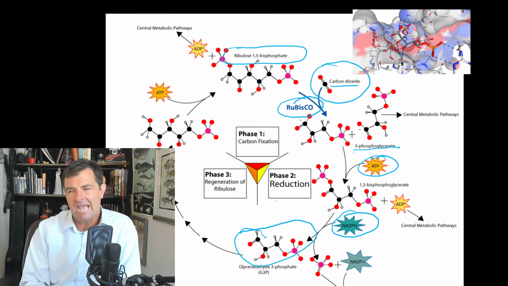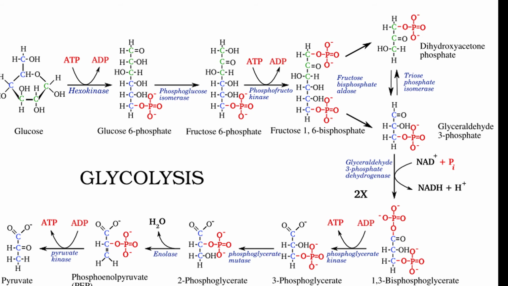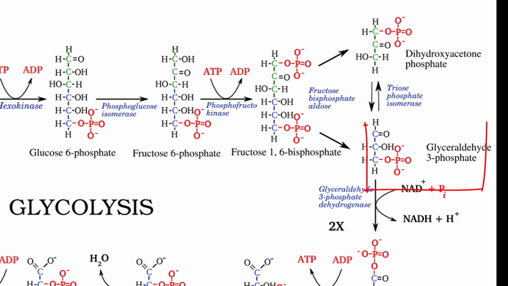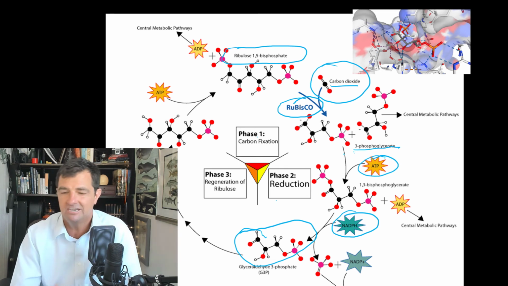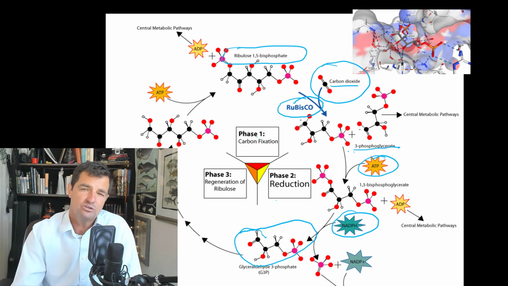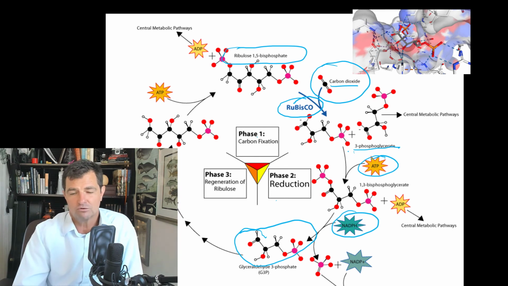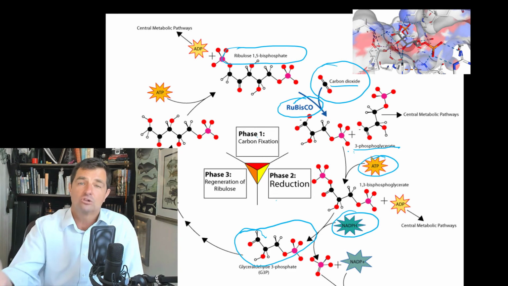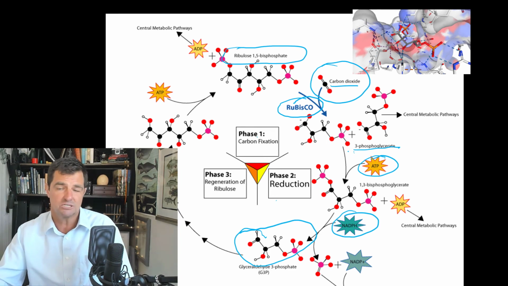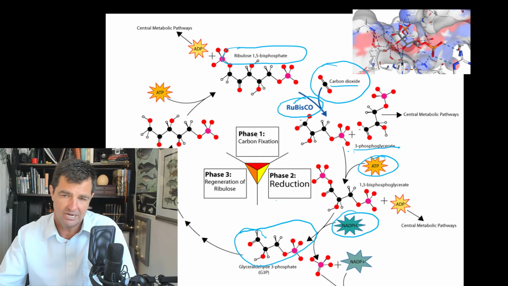If we look back at cell respiration, and even though we didn't memorize probably all the steps, this is one of those early on steps, glyceraldehyde 3-phosphate, G3P. So this is basically a precursor that can be then converted into glucose. And so what we've done here basically in the dark reactions is we've used that to generate our glucose molecule, which now we can use in cell respiration to generate ATP.